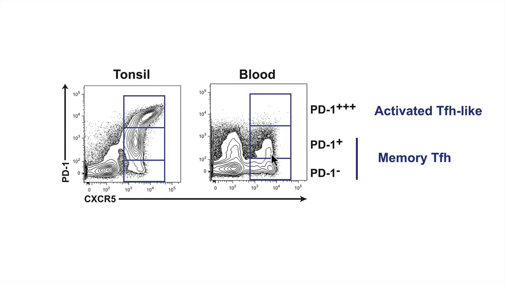However, in the blood, the vast majority of the CXCR5 positive cells, 99% or more, have a resting phenotype. So therefore, the CXCR5 positive TFH cells in blood are in general very different than the bulk of the population identified in tonsil, which are by and large activated, currently participating in an immune response, whereas